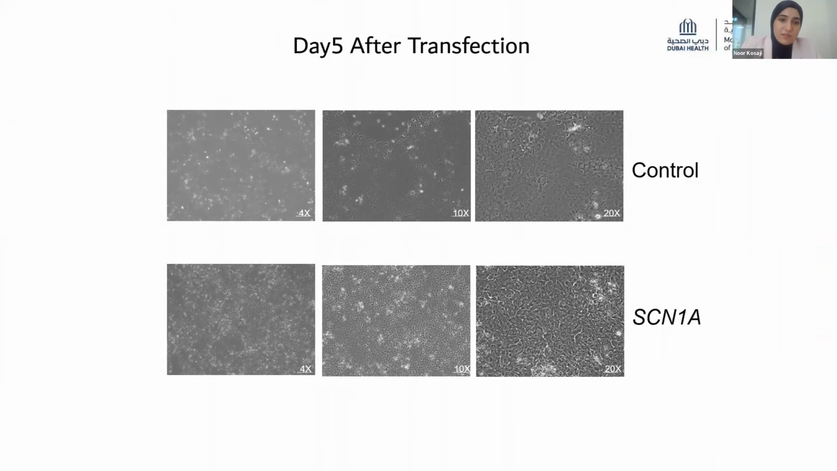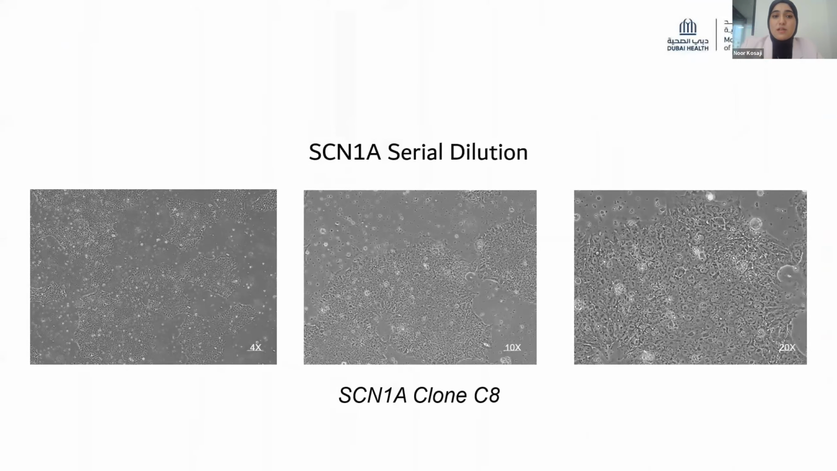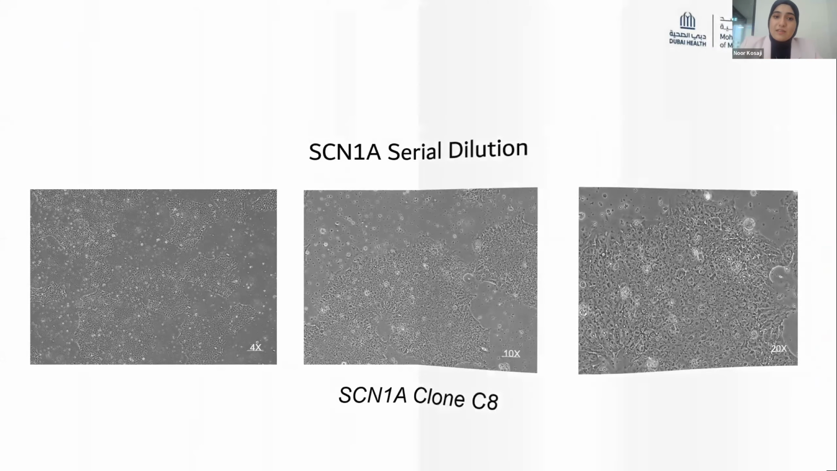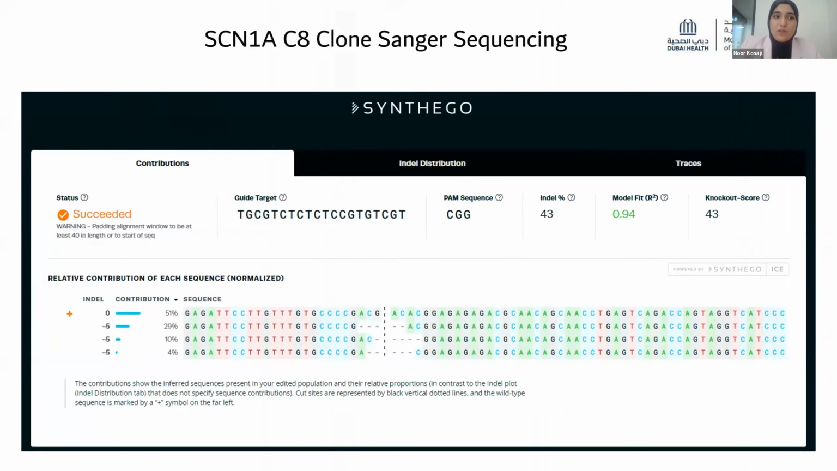You won't see much of a difference at this point, but it's highly likely that I will see morphological changes as the cells undergo differentiation. Then those cells underwent serial clonal dilution. These are the images of my C8 clone, which I sent for Sanger sequencing just to confirm the efficiency of